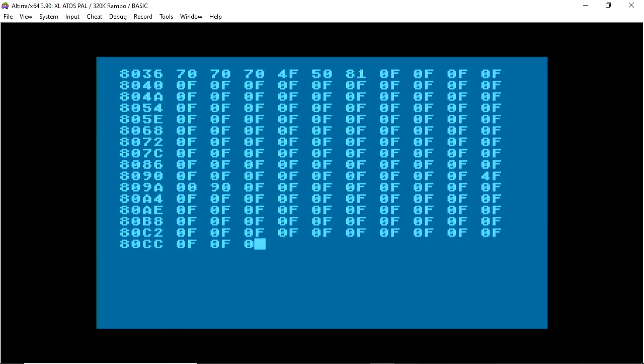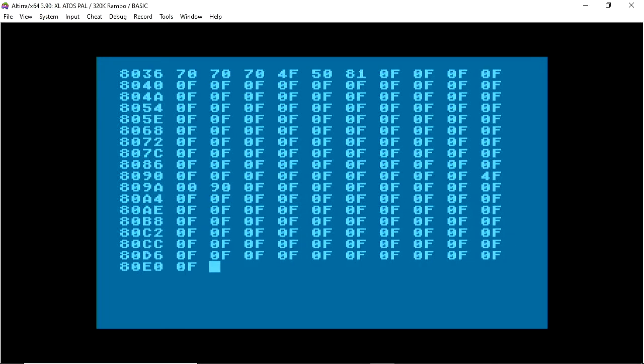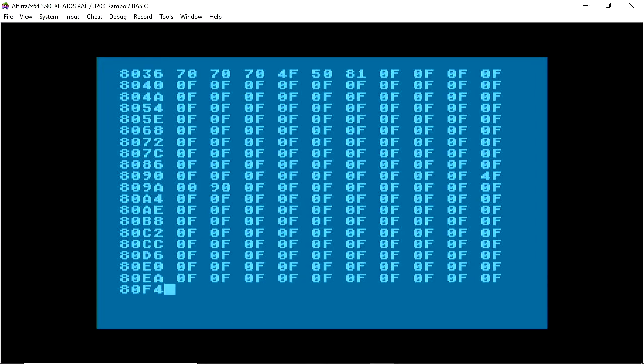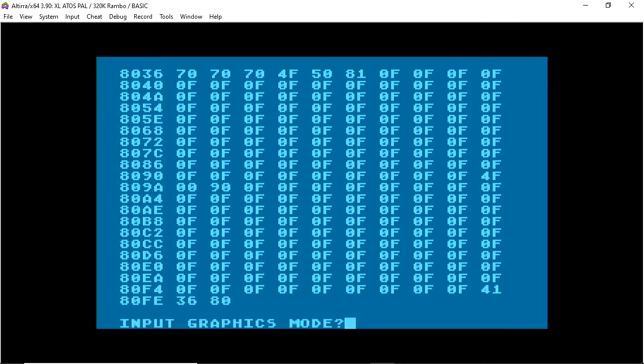I found Atari's phone number in the back of the BASIC manual, and I was curious how you get more than 4 colors out of an Atari without all those hardware tricks. So I called them and asked this question,